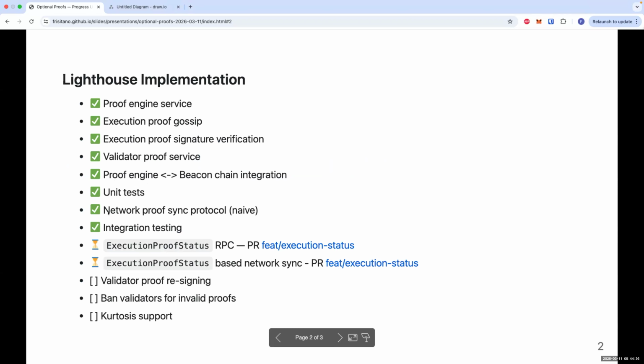And in addition to that, we've got the network proof sync protocol implemented as well, using the RPCs which are defined in the spec. And around that, we've got reasonably good integration and unit testing. So pretty happy with the code coverage of these new features that we've introduced.